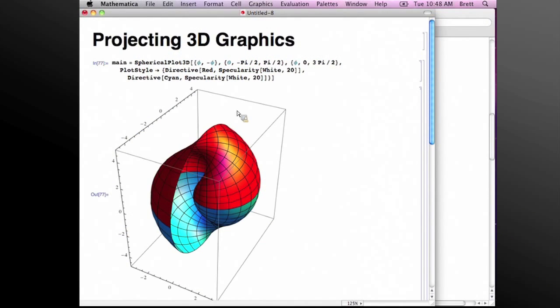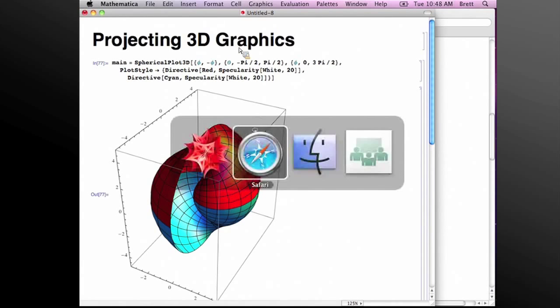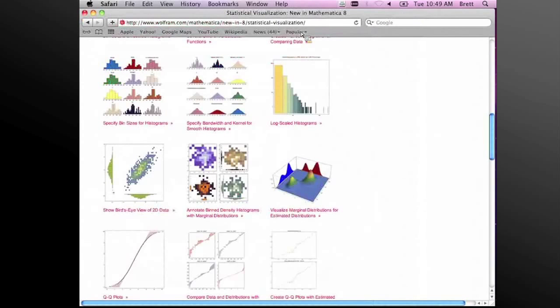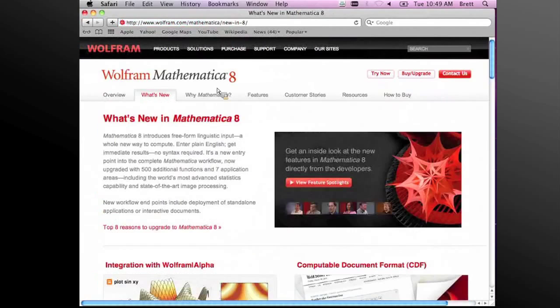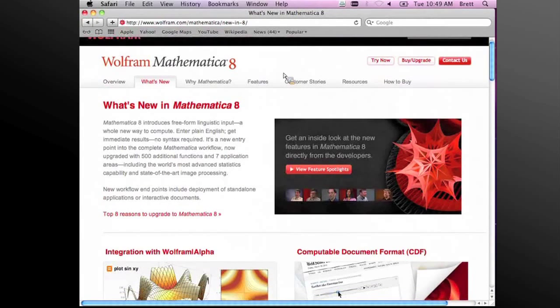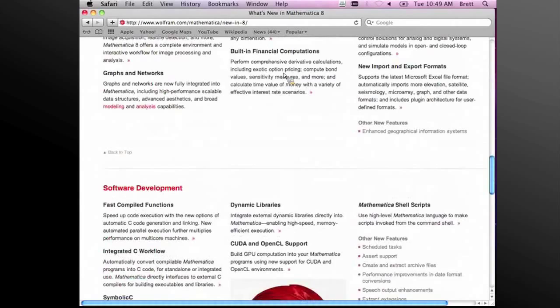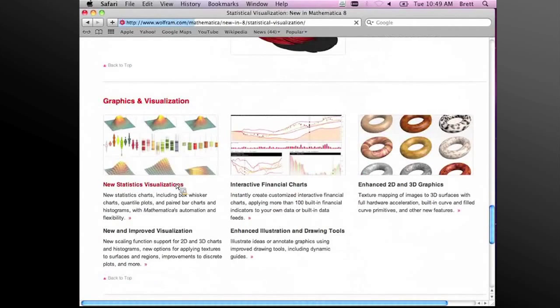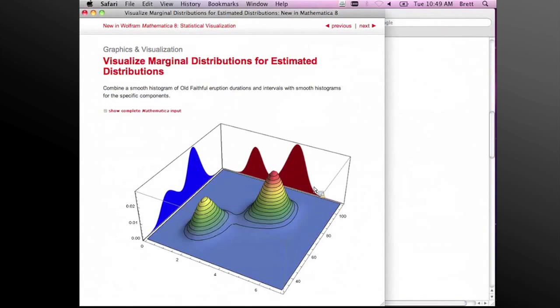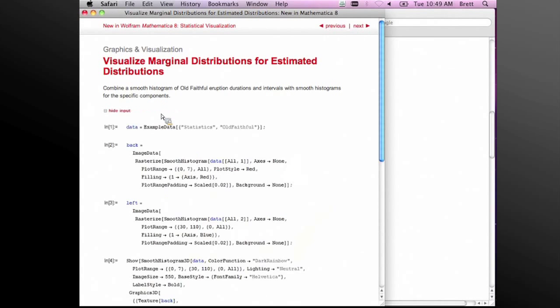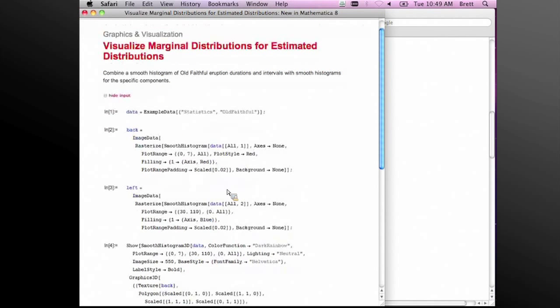So the simplest example is actually, I'm going to go to our web page, and I'm going to be looking at the what's new in Mathematica version 8, and there's an example of this down here in new statistics visualizations. So here we have a smooth histogram 3D of some statistical data, and we've projected the marginals onto 2 of the faces. And if we look at the input, it's a little bit involved, but we can